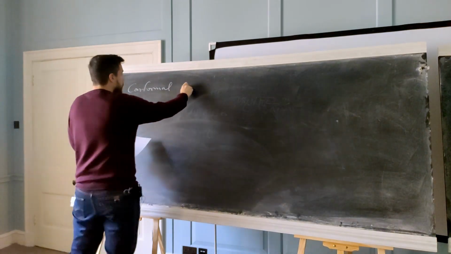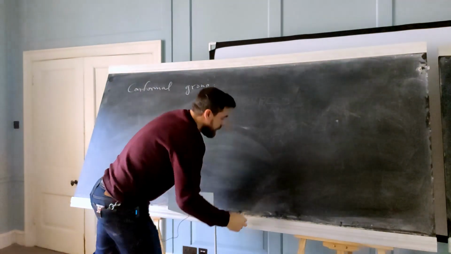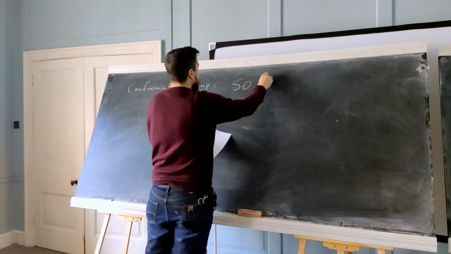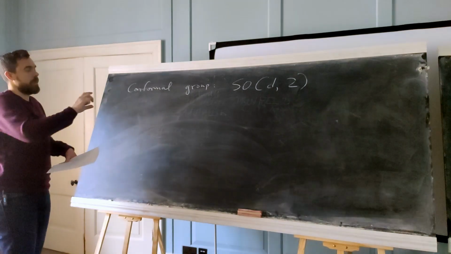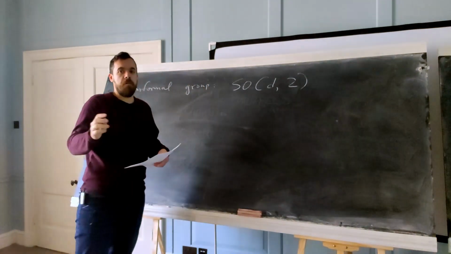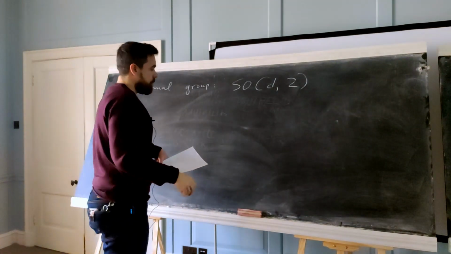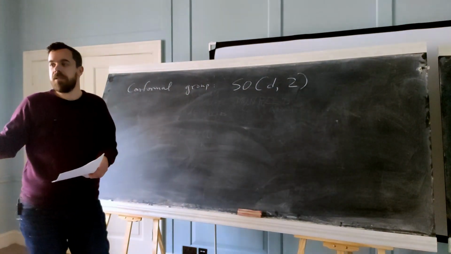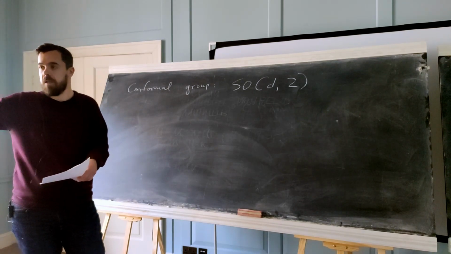So the conformal group, as we discussed last time, you can show is the indefinite orthogonal group SO(D,2), which preserves a quadratic form with two minus signs. Now, in most of what I will say, I will take this and go to Euclidean, where this becomes SO(D+1,1), by rotating those minus signs away, multiplying with an i.